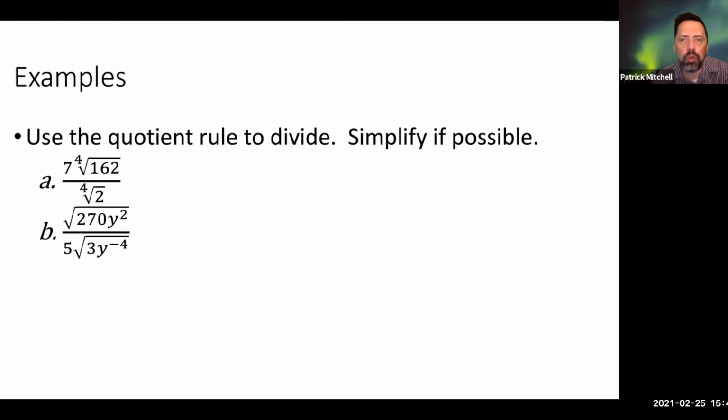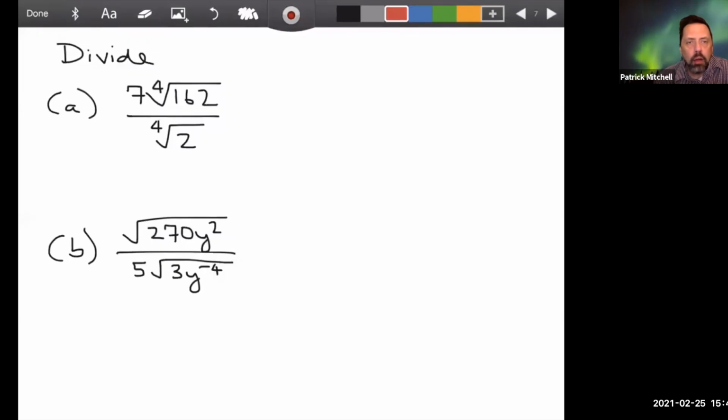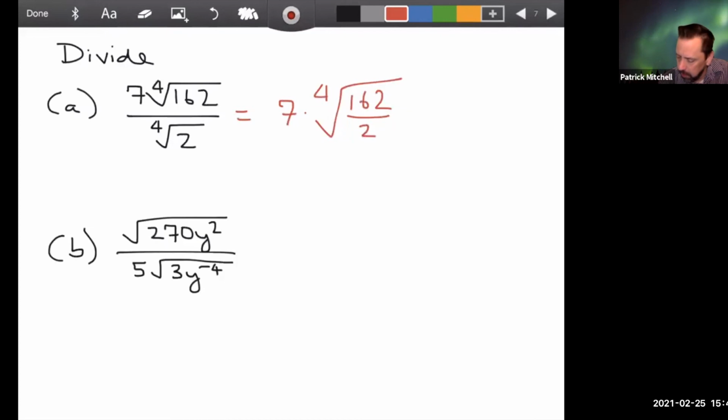We're going to use the quotient rule to divide and then simplify if possible. All right, so back to the tablet. First thing we have is 7 times the 4th root of 162 divided by the 4th root of 2. So according to the quotient rule, the 4th root of 162 divided by the 4th root of 2 is equal to the 4th root of 162 over 2. And the reason that's helpful is because it just so happens that 162 divided by 2